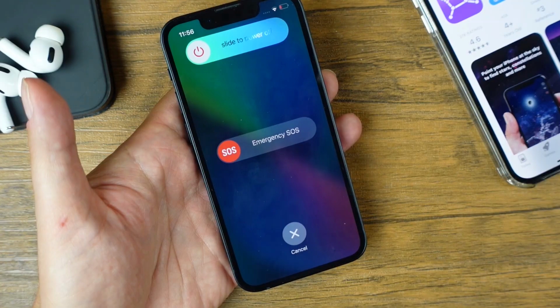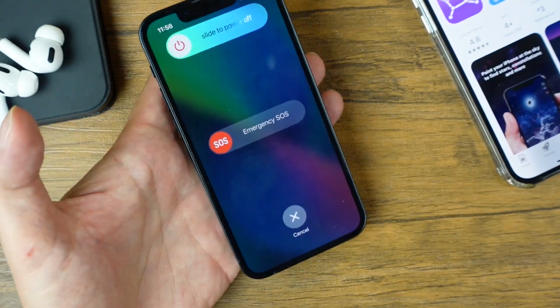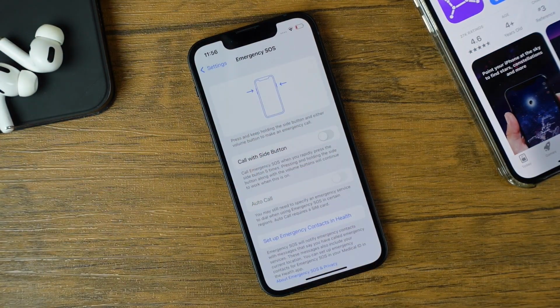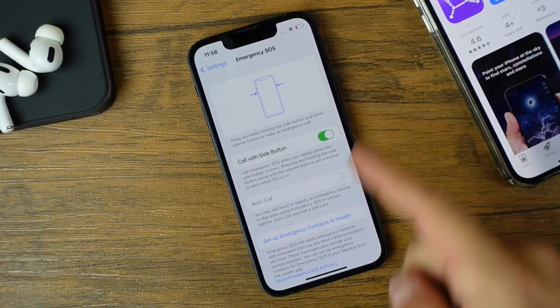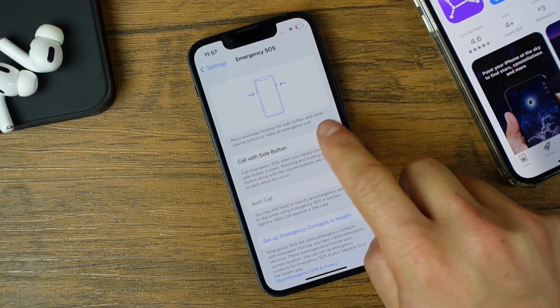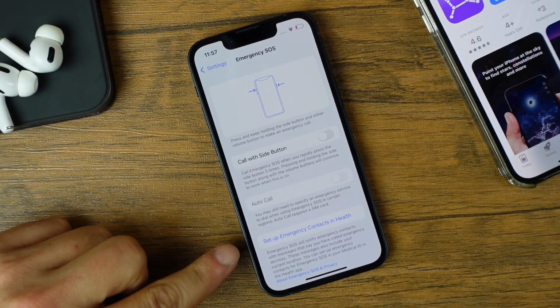So that way, if you're on the ground or you've fallen or anything and you can't really access your phone to type buttons or whatever, you can just always press that and it'll give you access to it. So if you do want to change the SOS feature here, you can swipe this on, and now it's going to mean that you press on the side button 5 times and then it'll bring up the SOS call, but you'll still have access to the same SOS if you press and hold the side button and the volume rocker as well. Auto call, you can turn that on as well,